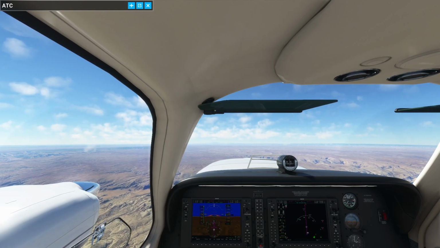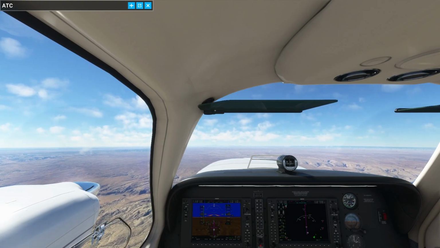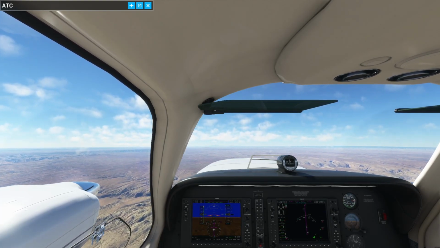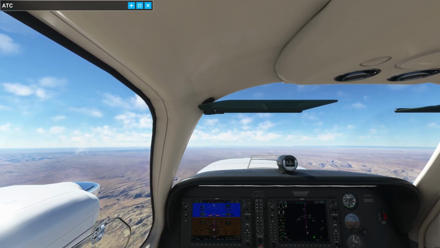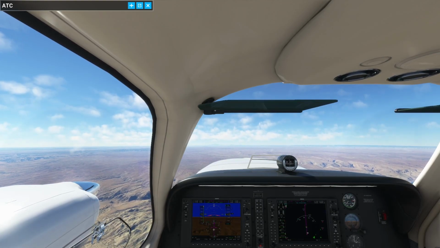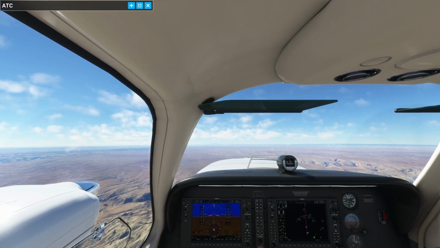One of the downfalls of a small plane. If you're in a jet, we can zip up there to 30, 40,000 feet and find some smooth air and be a nice comfortable ride. Down here, we can play around with a couple thousand feet, but usually